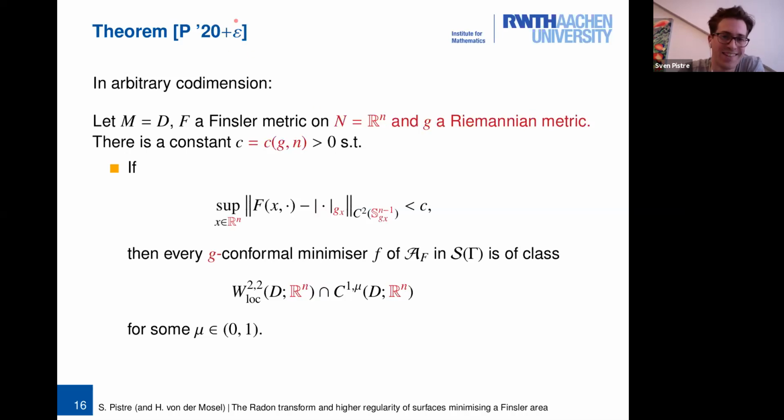And hopefully this epsilon here at the top is not too large, and I can show you my thesis